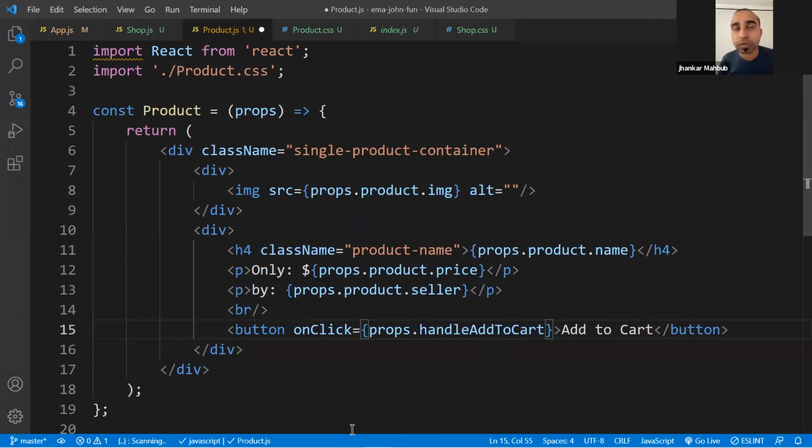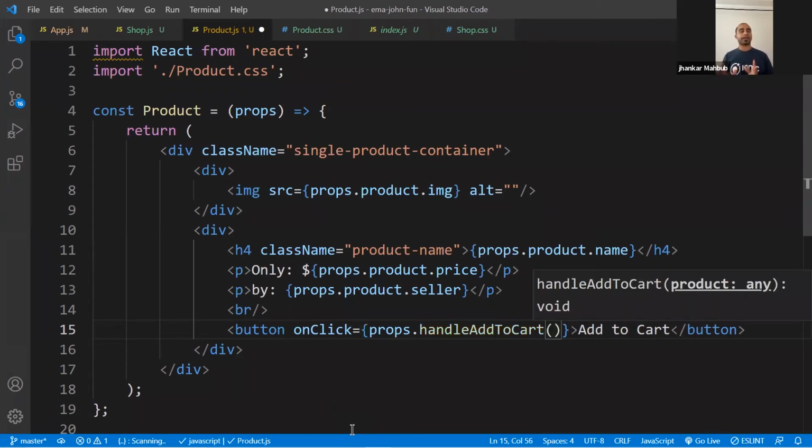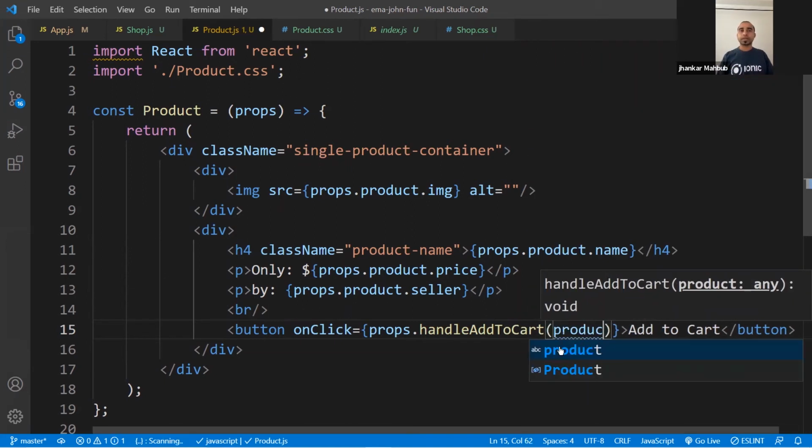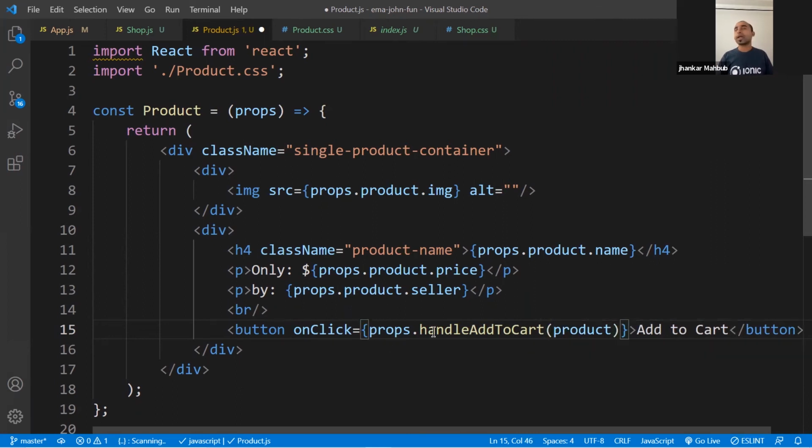And you need to tell this function which product you are going to add. This is a little bit tricky, and it confuses beginners when starting on React: putting the parentheses is actually calling the function. And since you are calling the function to pass the product, you cannot call it right away because you want to call it when somebody clicks on it.